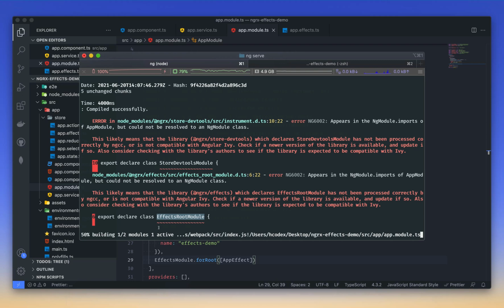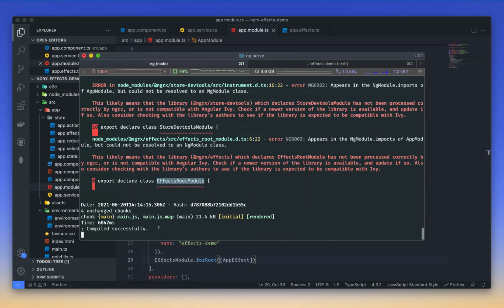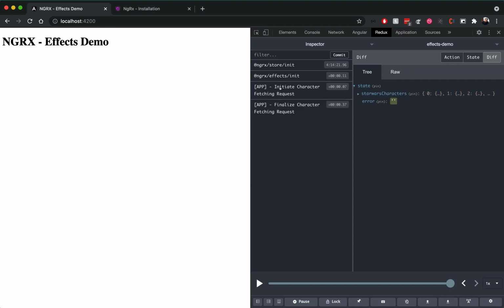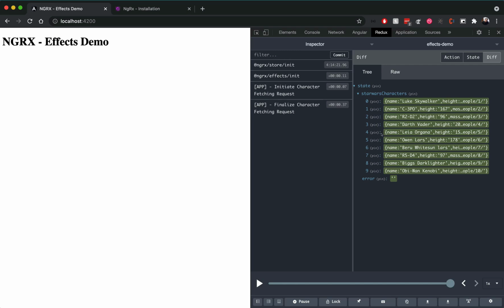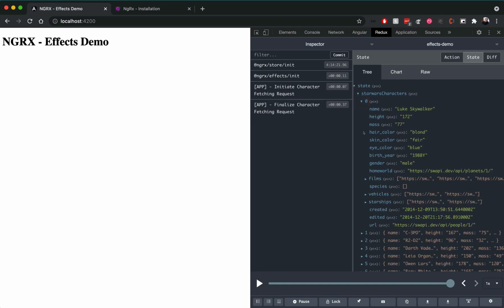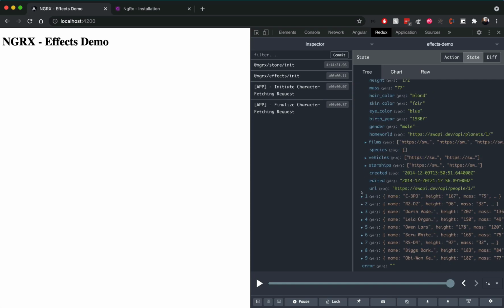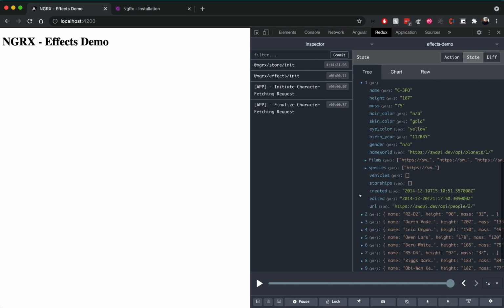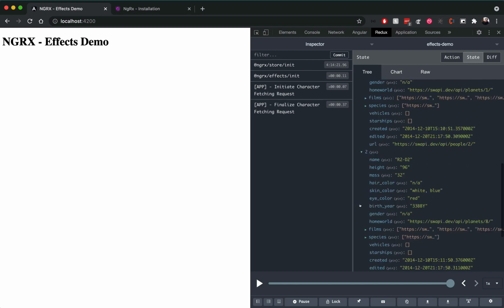After building the application, it compiles successfully. Checking now the browser, let's see what we have just done. Now, in the Redux plugin, we are noticing that the finalizer event is being dispatched, meaning that our effect is working, and we can see in the difference tab that we have some new input. Let's check now our state, and yes, congratulations, our state is now fully populated with the Star Wars characters